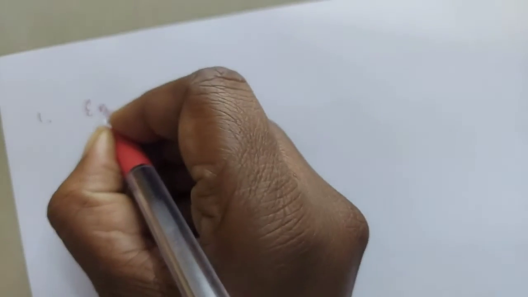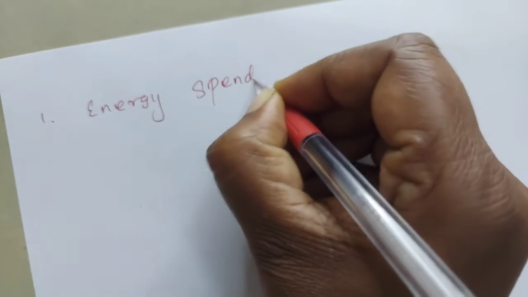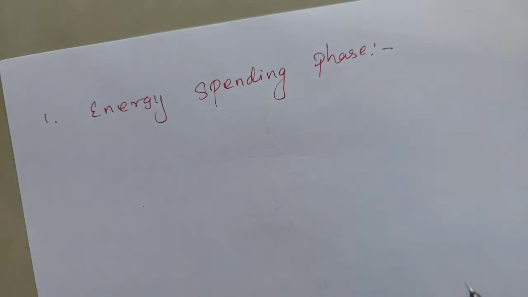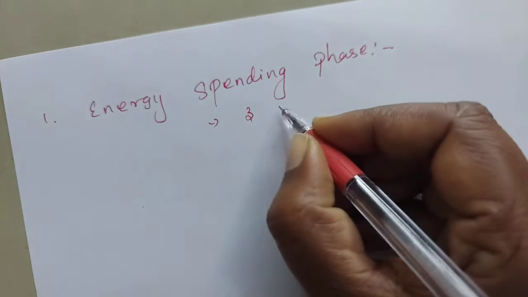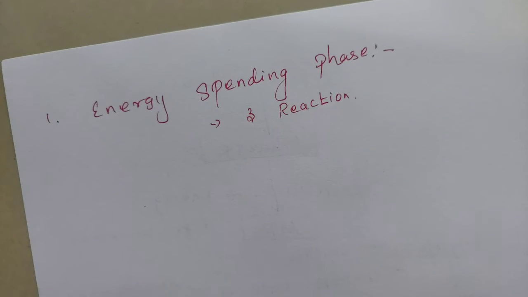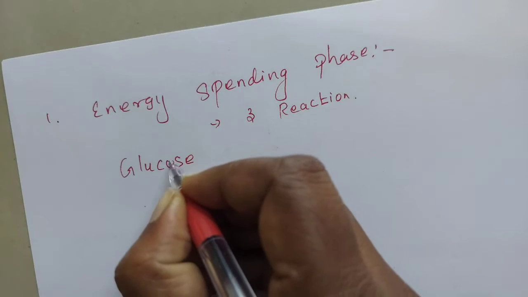Now the first phase, energy spending phase. What happens in energy spending phase? Three reactions actually occur. So you can find three steps that occur during the energy spending phase. Three reactions will occur to convert a glucose molecule